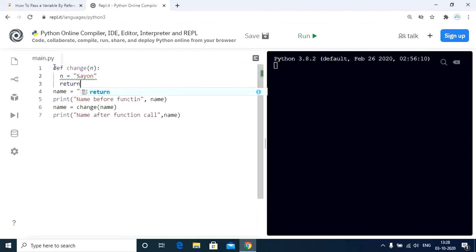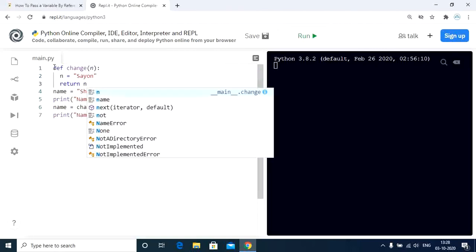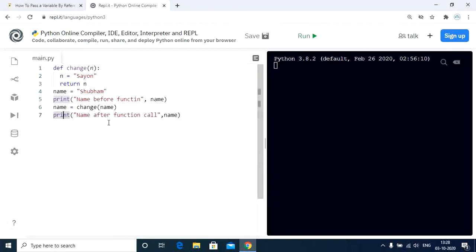Now let's return the value of n, and we are pretty much done. Now let's check the output. And there we go. We have the solution there. So as you can see, the value of the variable name before being passed into the function is Shubham, while the value of name after being passed into the function is Shayon.